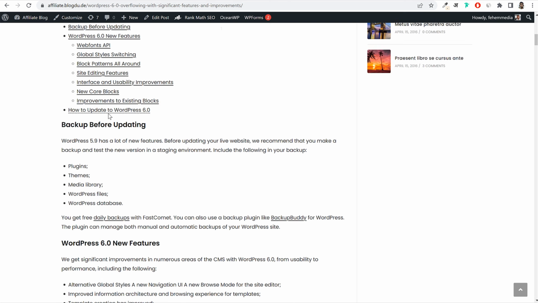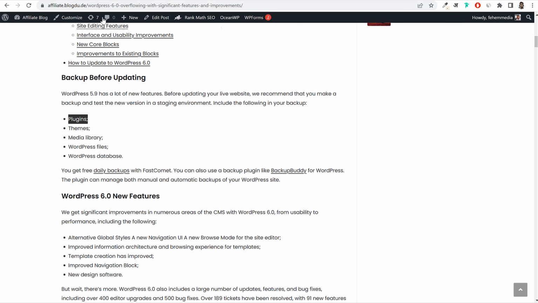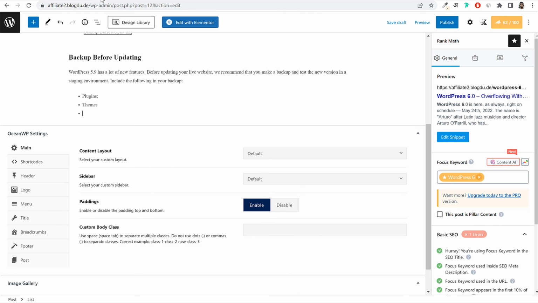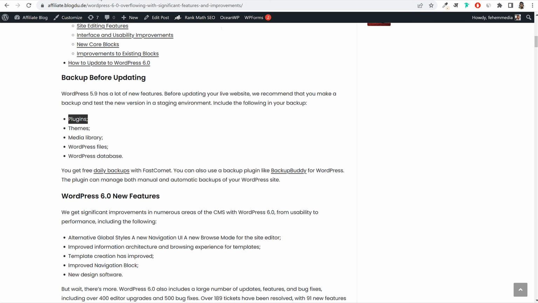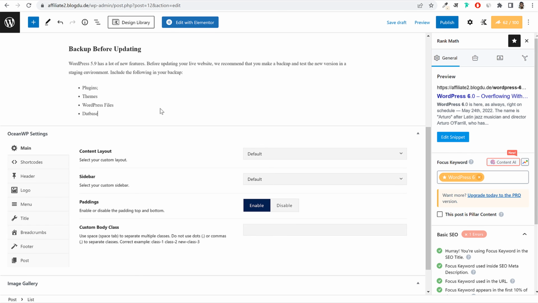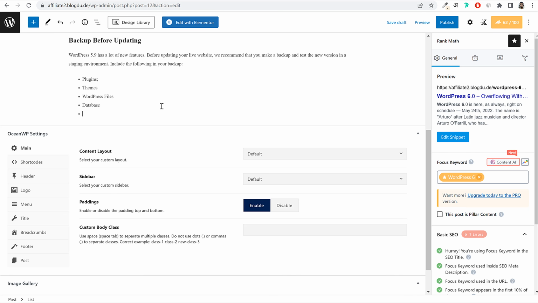Now whatever thing you want. So I want people to back up their plugins, themes. Press enter, a new list will be created for you. Media library, WordPress files, database. Okay, right. So you can create a list like this. Then I'm also telling them to back up the database. And if you enter a new line, and if you want to finish this list, press enter again, and